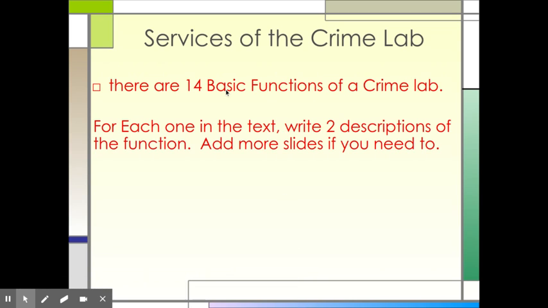What are the 14 basic functions of a crime lab? As you read through the text, they're highlighted in black bold letters. I want you to write 2 quick descriptions of each basic function. And we're going to talk about most of them throughout the semester, but I want you to write them down as well. All right, so you've got your work cut out for you. Watch this video, complete the rest of the Google slide, and then